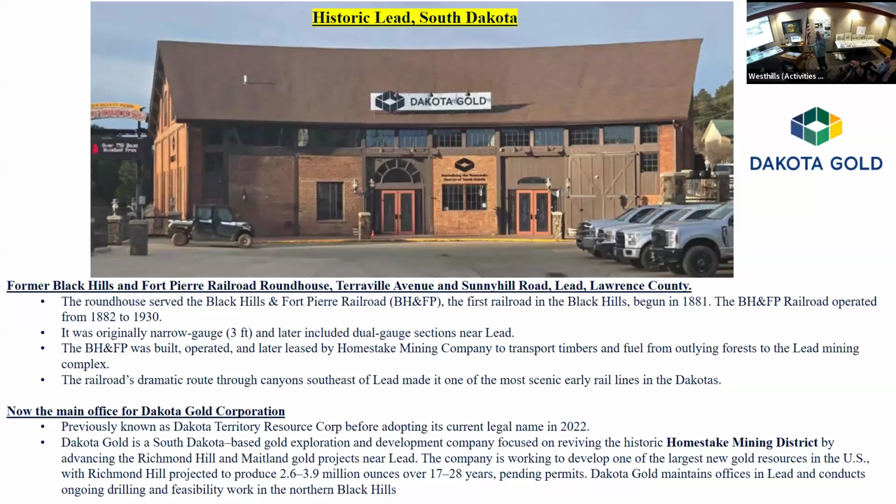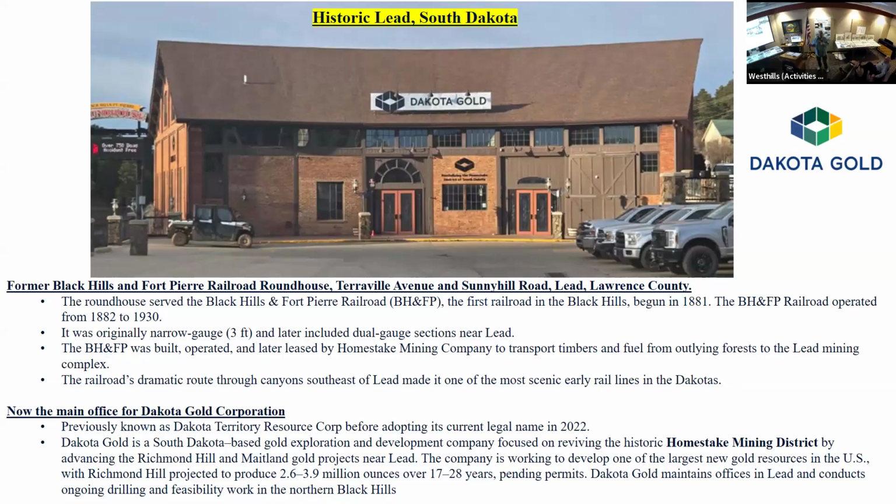Another really cool old building, unique building, not many of these left throughout the country, is the Roundhouse for the Black Hills and Fort Pierre Railroad. It began in 1881. Dan and I don't have a lot of family history. It's kind of lost in the fog of time. But we're pretty sure that our grandfather, Thomas Francis Regan, whom I am named after, was an engineer on that railroad and